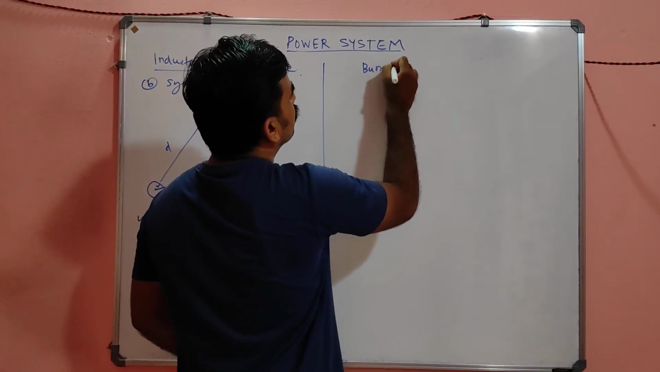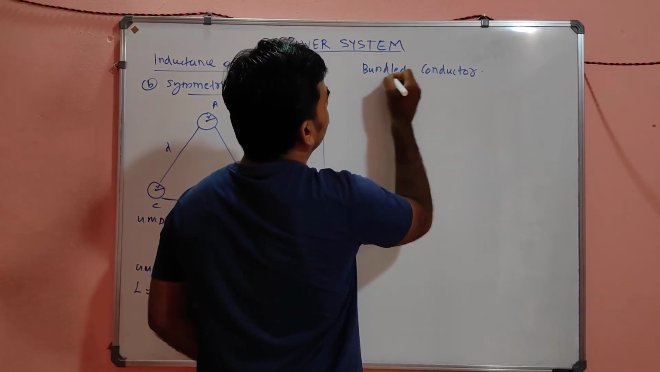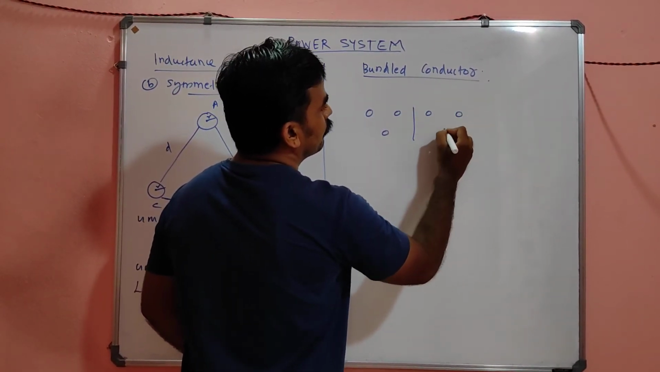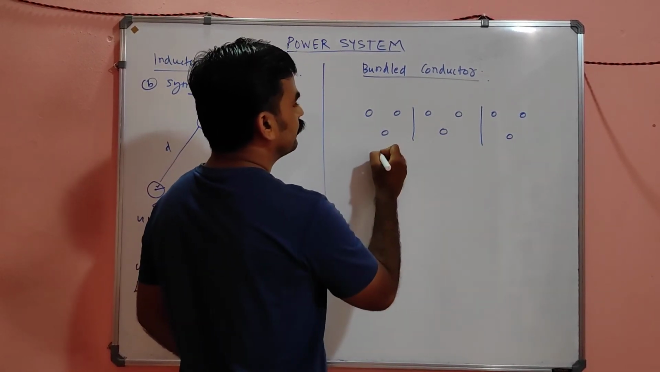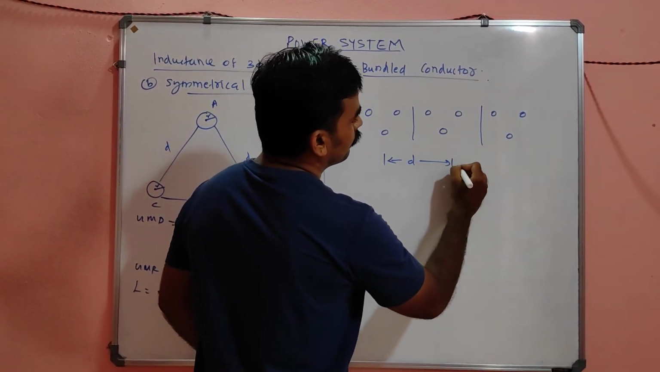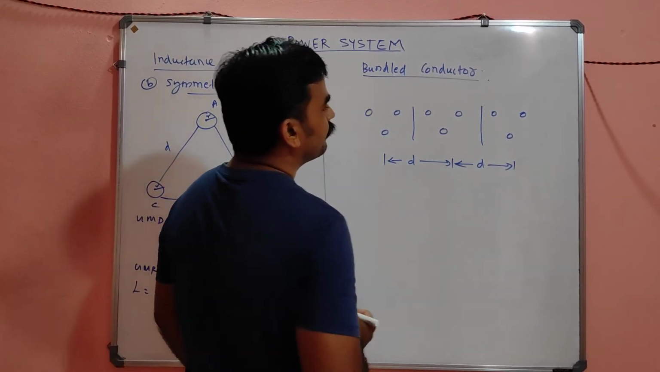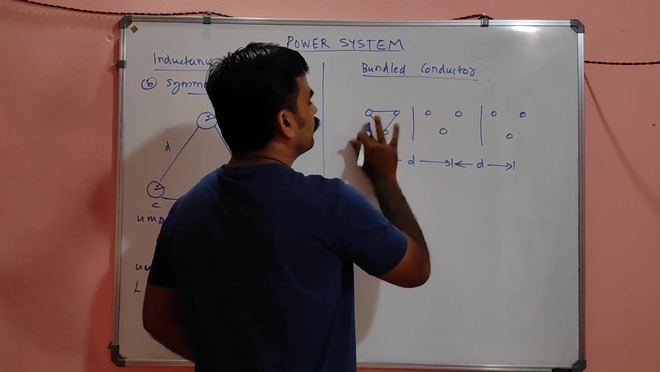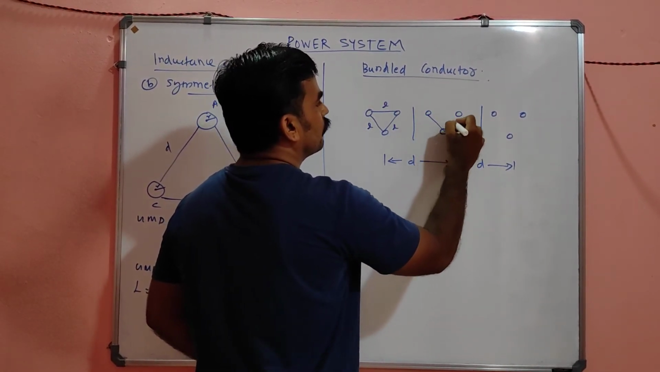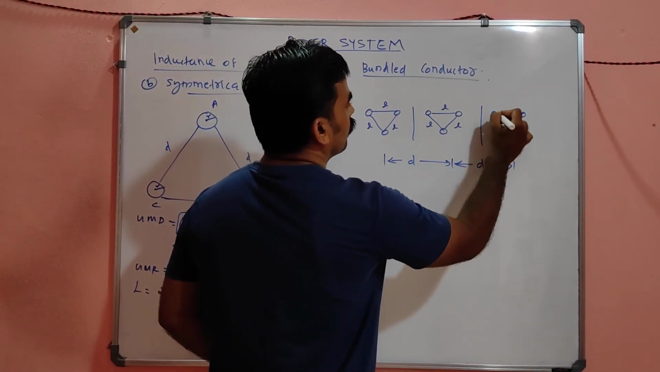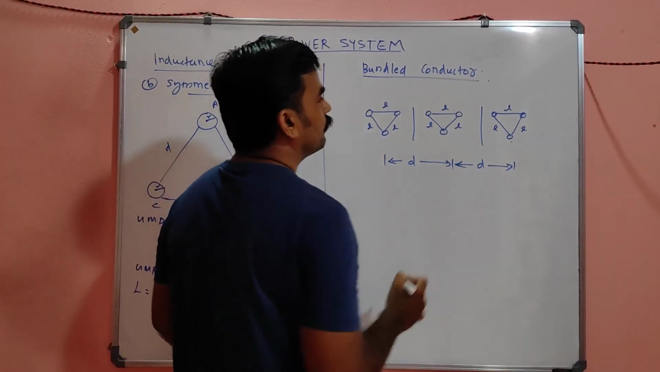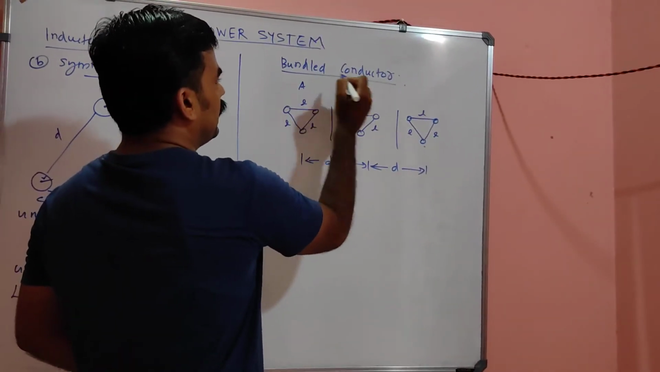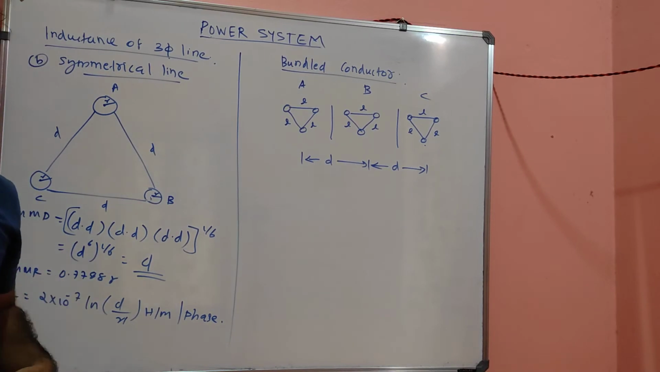Next, bundled conductor. Bundled conductor means instead of using a single conductor for one phase, this is for phase A, this is for phase B and this is for C, we are using a bundle of conductors in the form of